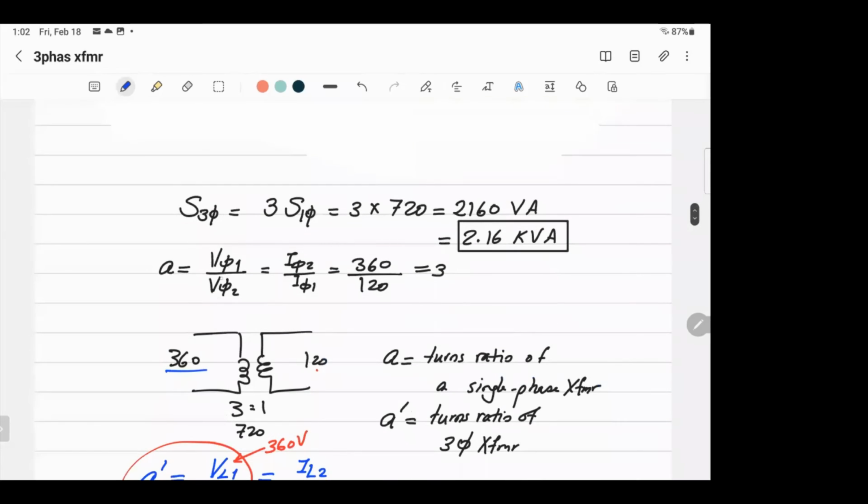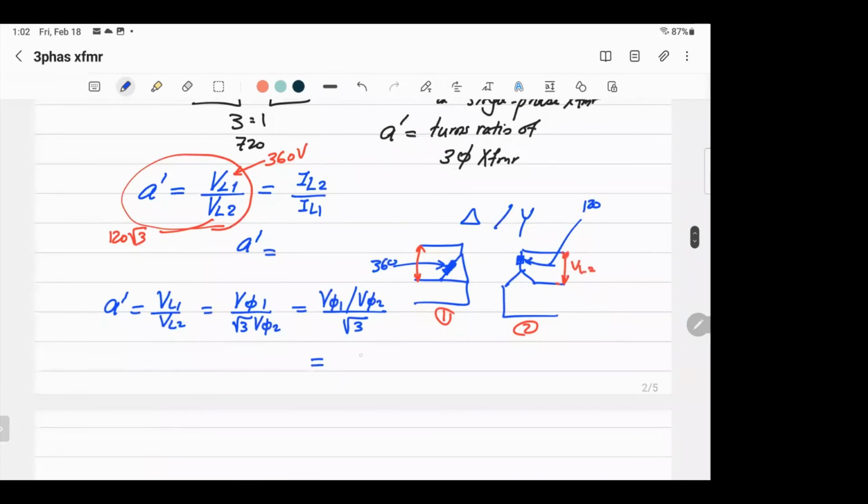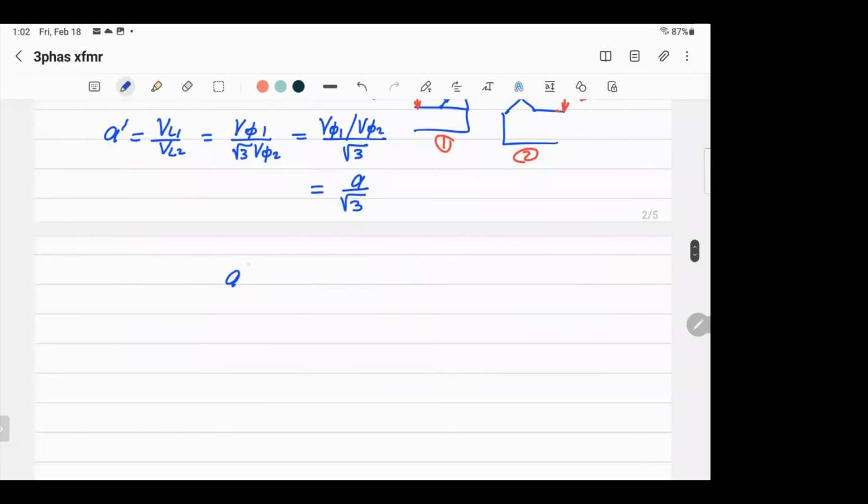Is the voltage phase 1 over voltage phase 2, right? So it's equal to A divided by square root of 3. We got a good result: A dash is equal to A over root 3. So when you have a transformer connected delta Y,